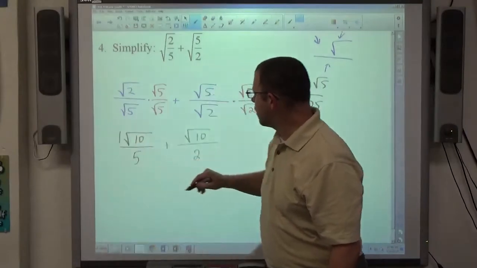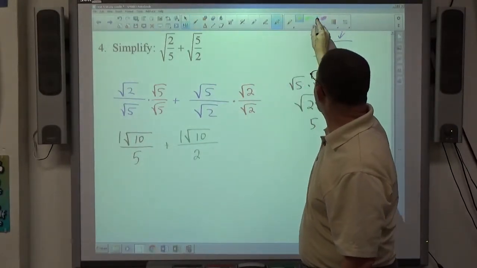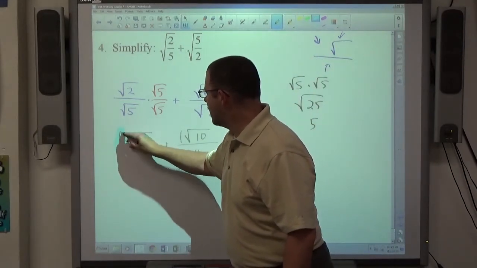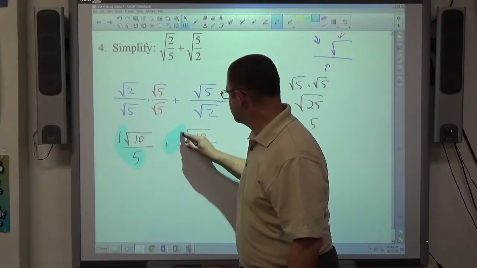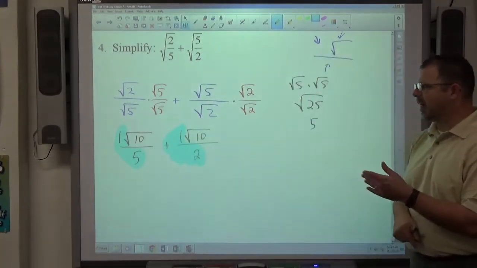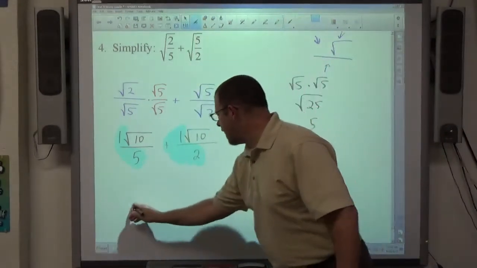This is 1 times the square root of 10 over 5. This is 1 times the square root of 10 over 2. What I'm actually adding here is going to be this fraction and this fraction. So the square roots of 10 are basically protected in this. So when I make this common denominator of 10,